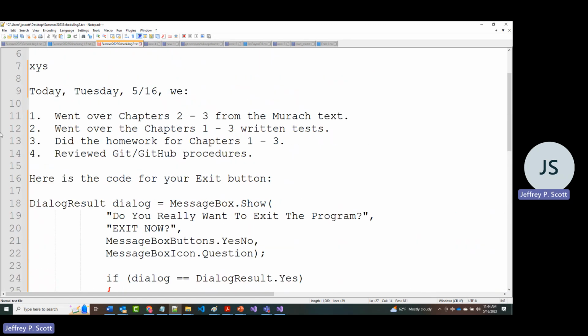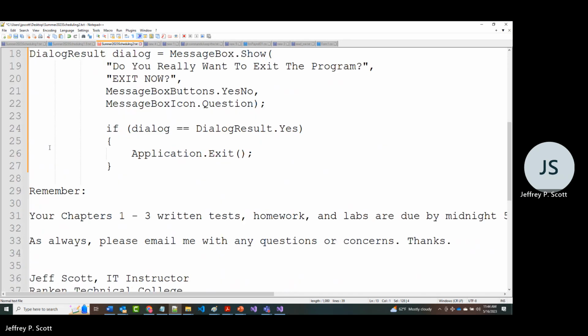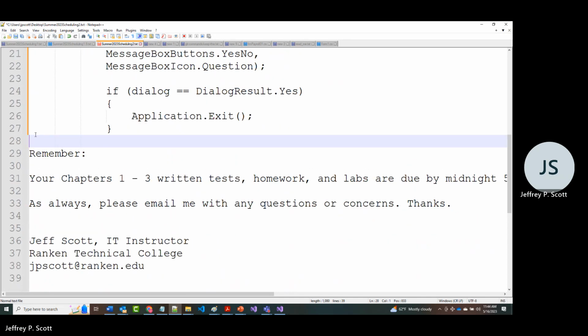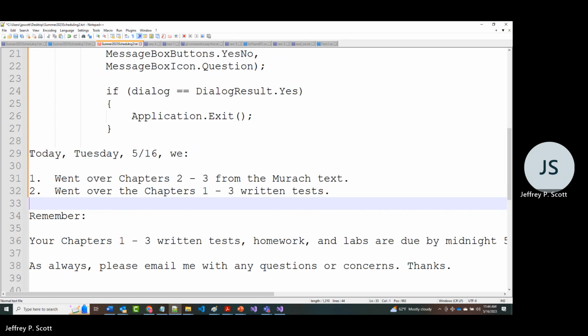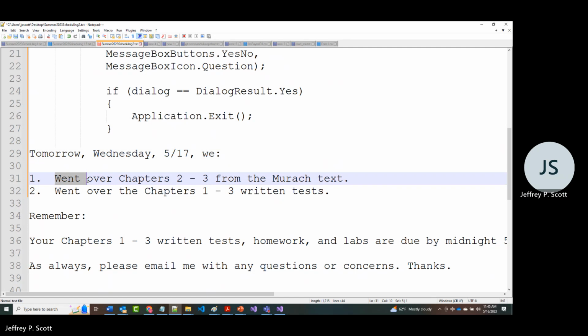And finally, tomorrow, Wednesday, 5/17, number 1,